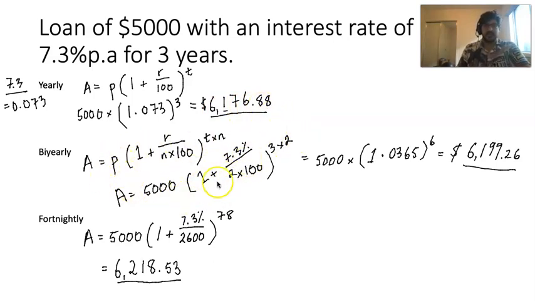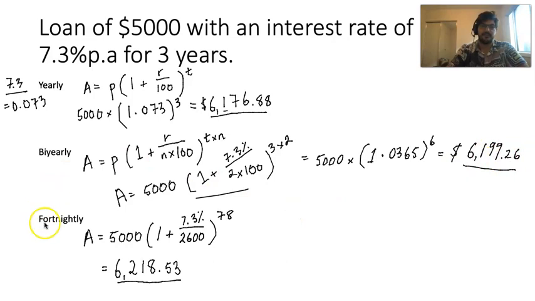Bi-yearly, calculated twice a year, we have to change the equation. If it's calculated twice a year, we have to divide our rate by 2, then make it a decimal. And we also have to take into account that the years are being multiplied by 2 as well. So we're doubling the amount of calculations. It becomes 5,000 times 1.0365 to the power of 6,